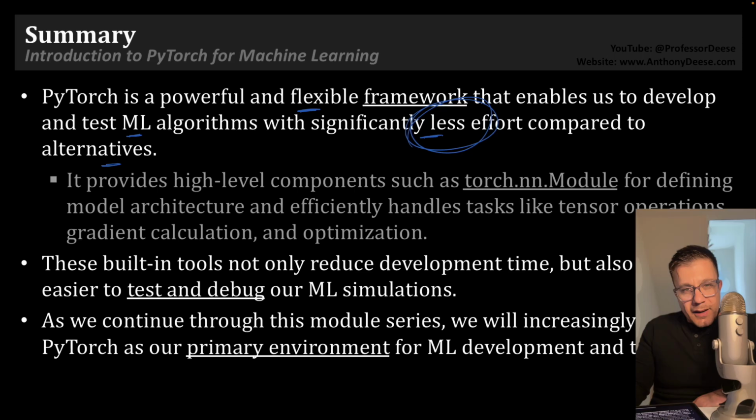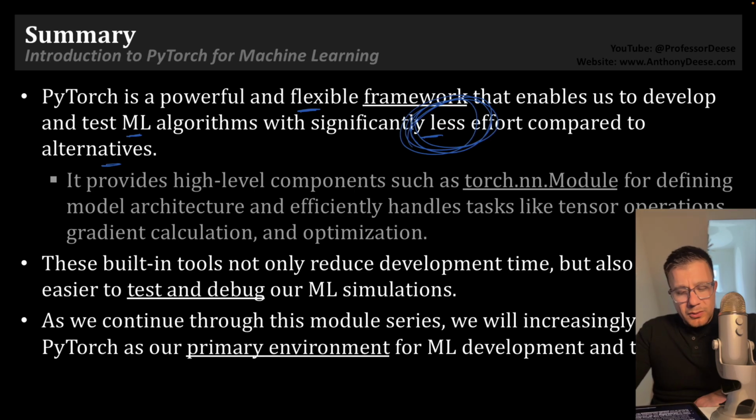Now, the amount of effort that we saved is probably not evident from this example because we're working with a very simple neural network, a perceptron that accepts 3 inputs and generates a single output. However, as we get into more advanced problems, where we may have tens, hundreds, thousands of inputs and a similar number of outputs, I guarantee that the efficiencies provided by a library like PyTorch or